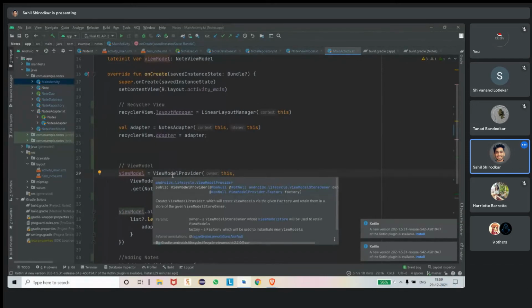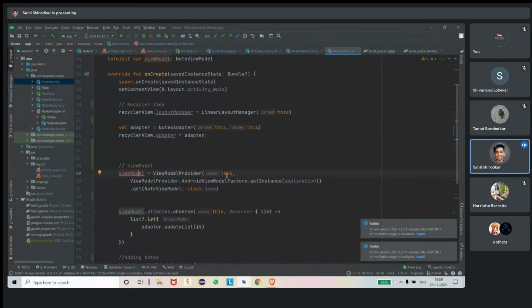So we use view model provider. That means it takes the current instance of the activity, and this is boilerplate code for the view model. That is view model provider dot Android view model factory dot get instance, and then we just have to give the view model which we have made, that is the node view model class.